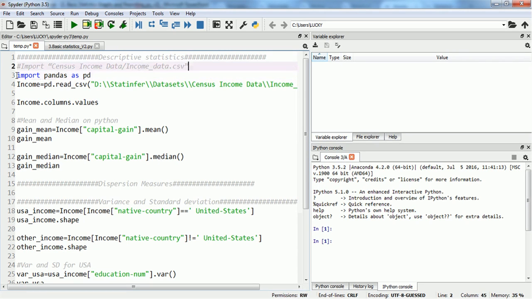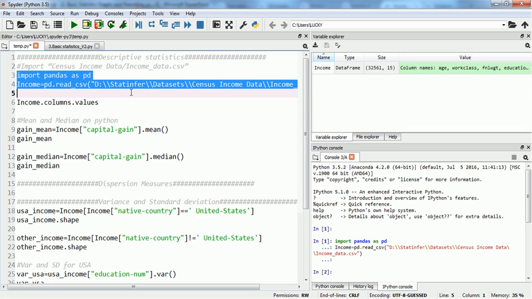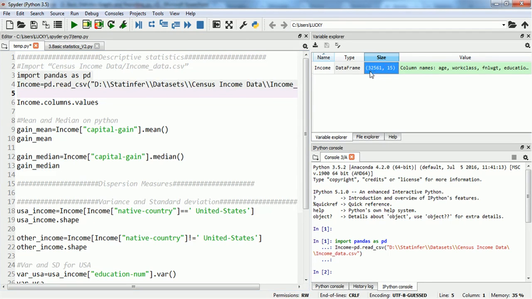Okay, so I will import pandas as pd, and then I will import a data frame, income data frame, and we can see that there are 15 columns and 32,000 observations around. So if we have to